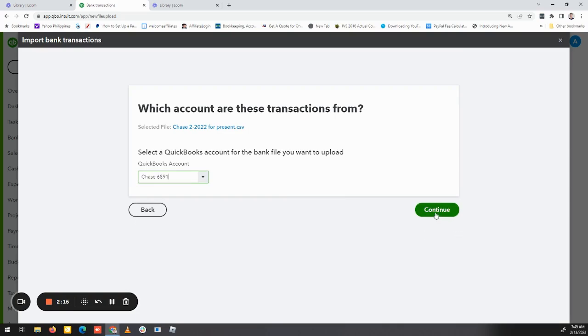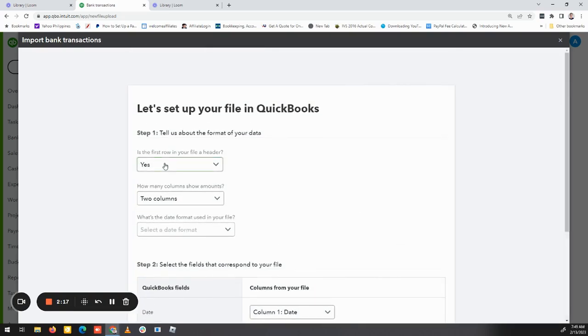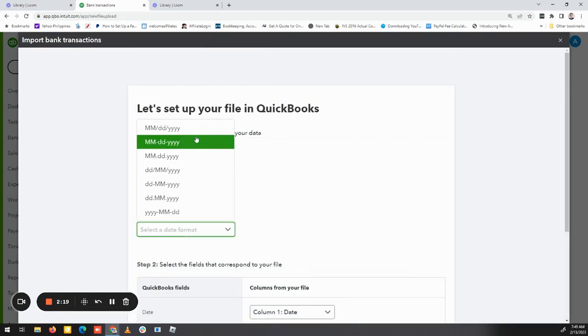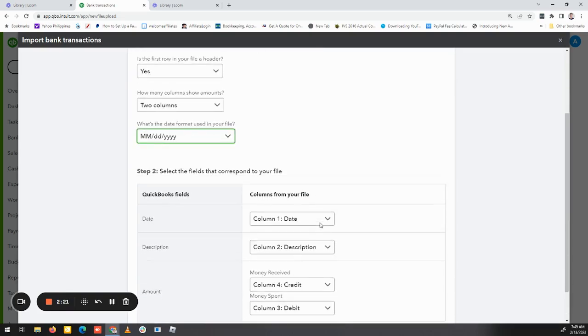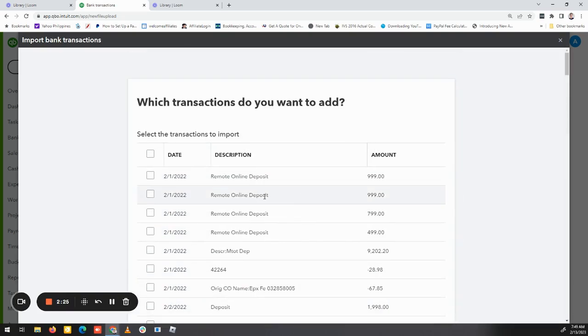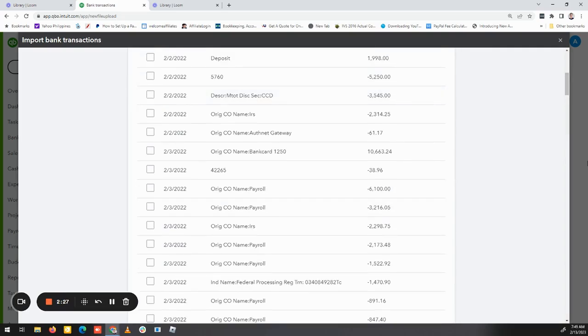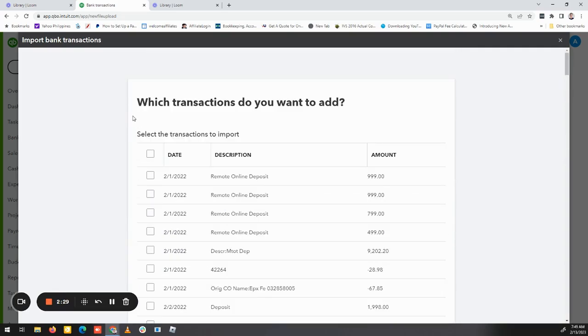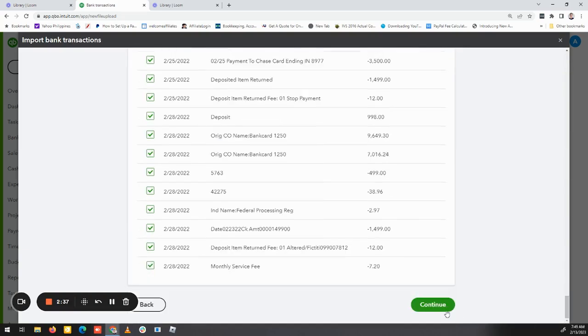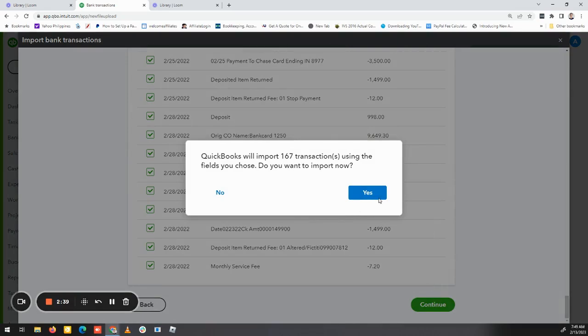Okay, so this is Chase 6891. Yes, it's the columns, date format here, date, credit. Okay, so if you are not seeing any notifications on top, meaning your file is okay, then you can check all of these transactions, click continue.